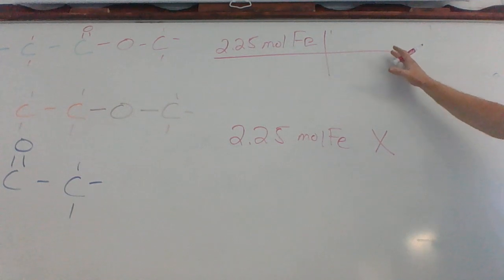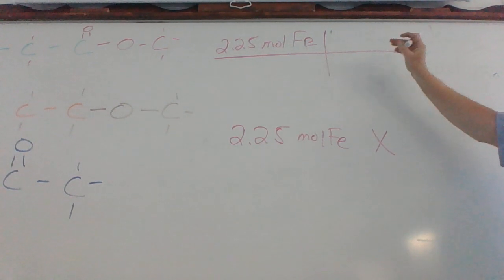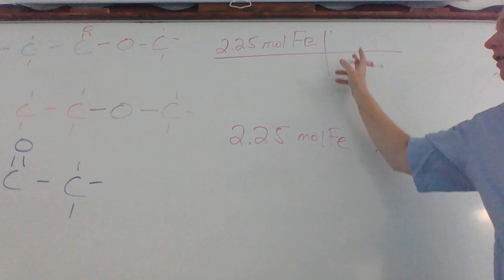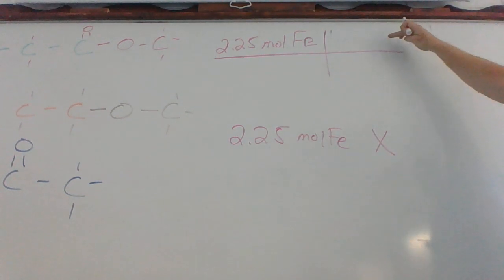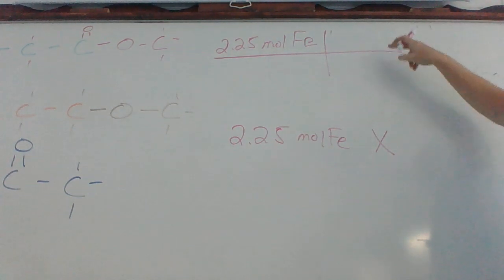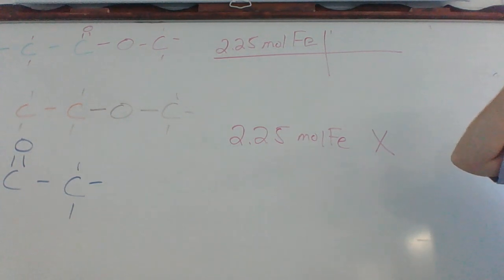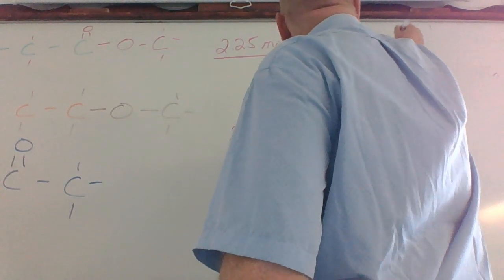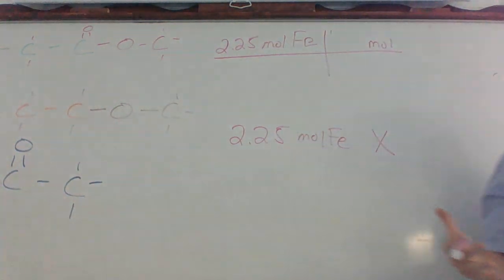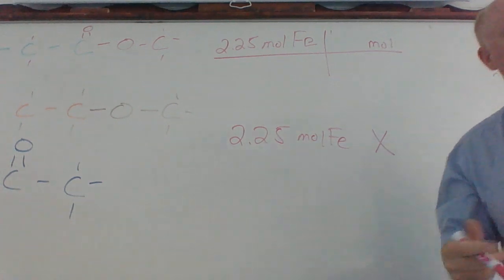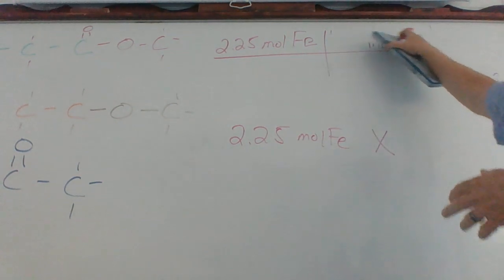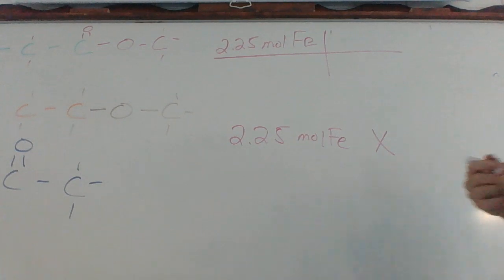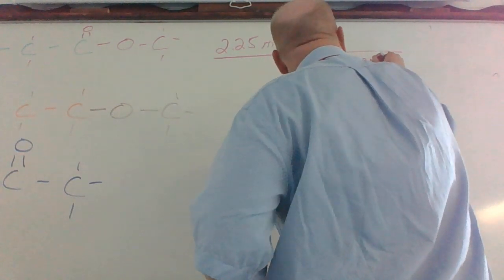So in this next step, if we want to cancel this mole out, do you think we would put that label on the top or the bottom to cancel it out? And we would put it on the bottom, okay? Because if we put moles up here, you're taking a mole times a mole, now you've got it squared. We don't want to do that, we want to cancel it out, okay? So we are going to put moles of iron on the bottom, okay? So mole of